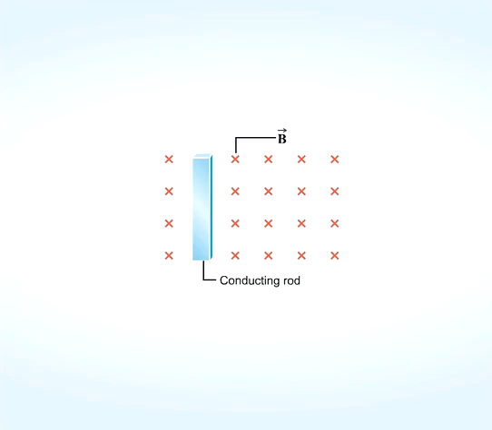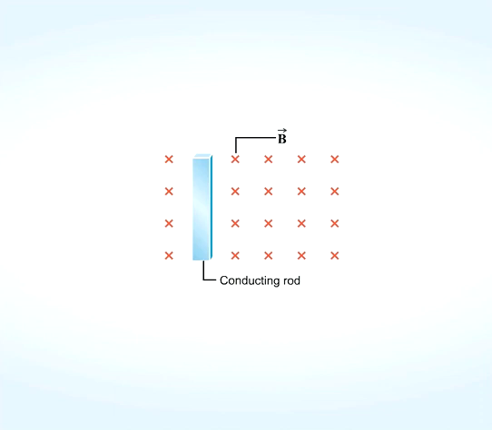Here, we have a conducting rod in a uniform magnetic field. We are going to examine what happens when this rod becomes part of a circuit which contains a light bulb and starts to move. However, before we arrive at that point, it might be a good idea to review what